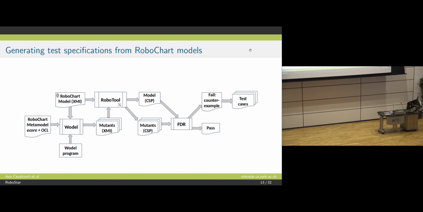So this is all mathematics, no robotic system needed to look at it. It's really beautiful, but you don't want to see it. And then we give it to FDR, and FDR looks at each of them and says, you made that change in the RoboChart model. It had no consequences, it's not a problem, pass. But oops, you introduced an error. Here's what we call the counterexample. That counterexample is a forbidden trace, like I just described to you. So it's not magic. There are tools that can pick up those mathematical theories that we develop